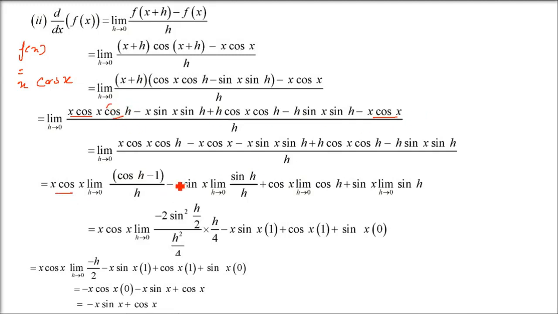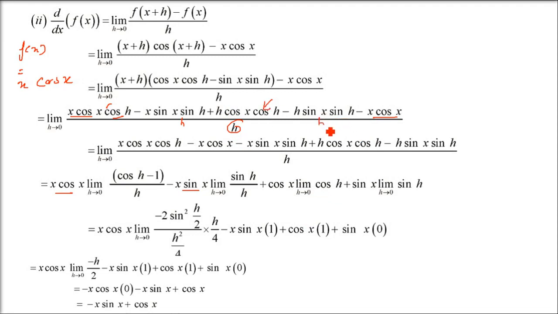So cos h minus 1 will come, and you know what we did, it will be 0. This whole term will be 0 eventually. Now the second term is minus x sin x, x sin x sin h divided by h. Now apply the limit. Now h cos x cos h by h. So when we have h divided by h, only cos x remains. Now limit h tends to 0, cos h.